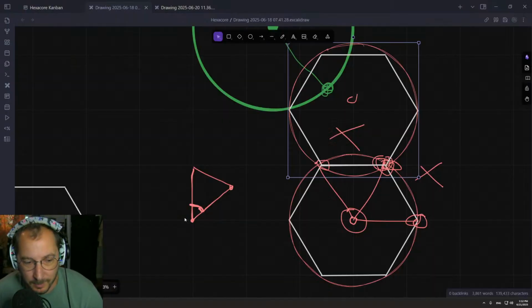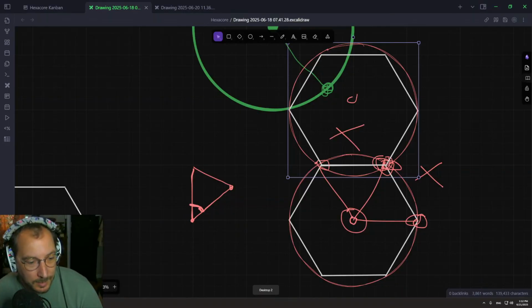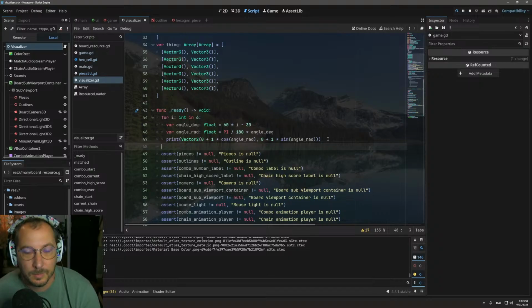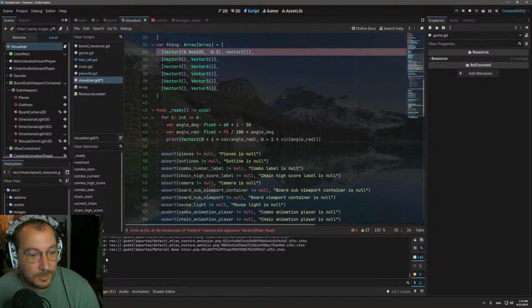I think we're getting somewhere here, boys. All right. I mean, what I could do is, Frank, I could just go like this. Now I'm using a vec3 because our other coordinates